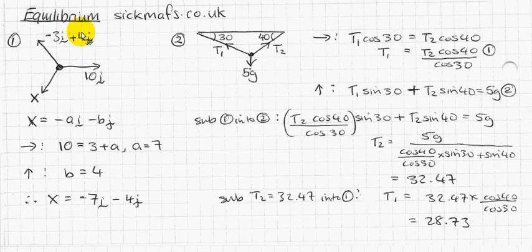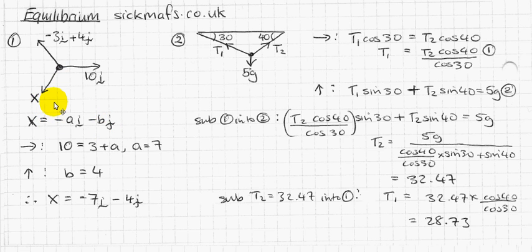So equilibrium just means when the forces are all balanced, so that the particle in the middle is not moving. Since we're writing all these forces in vector form, I'm going to work out the force X, which is missing, also in vector form. I can see it's going in that direction and that direction. Those are the two components, the horizontal and the vertical components. So I'm going to write minus A and minus B because it's going in the negative horizontal direction and